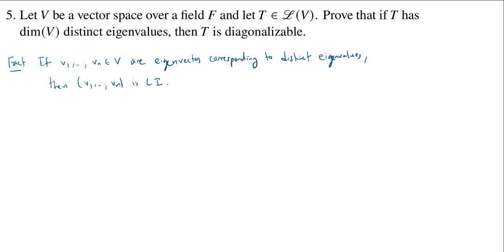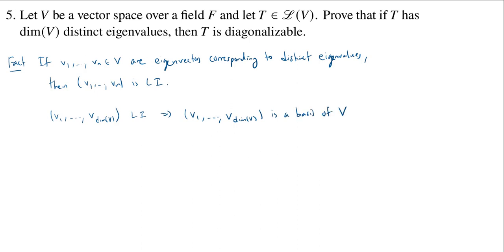All right, so our list really looks like v1 through v_dim V. And this is now going to be some linearly independent list. But if you have a linearly independent list whose length equals the dimension, which this one does, then it must be a basis, because we know every linearly independent list can be extended to a basis, but this already has the length of a basis. So this implies that this list v1 through v_dim V is a basis